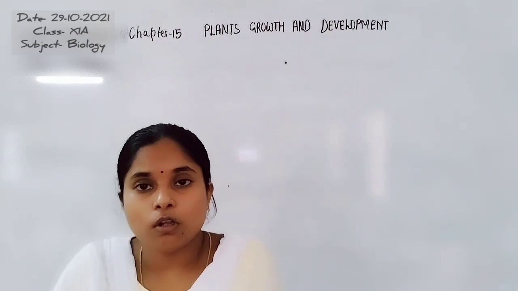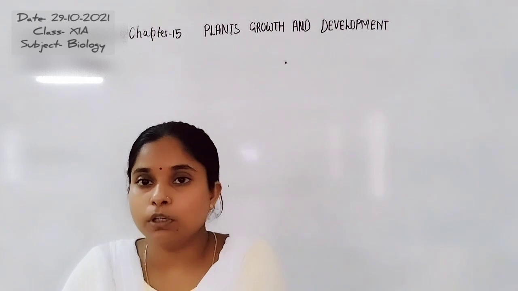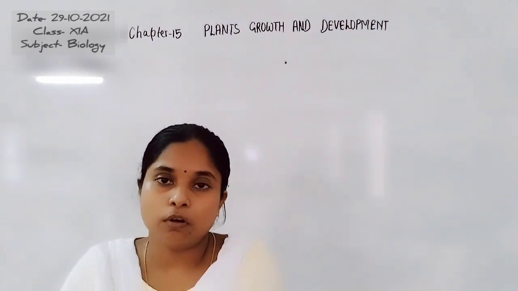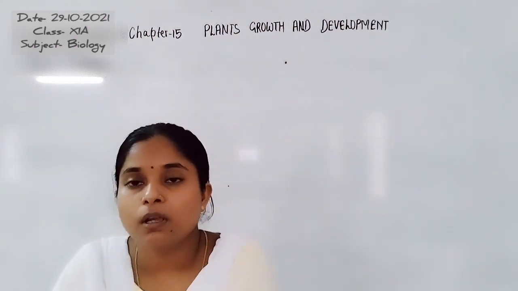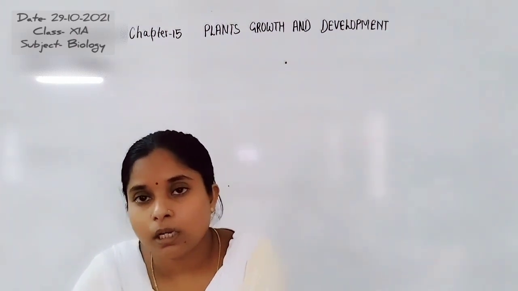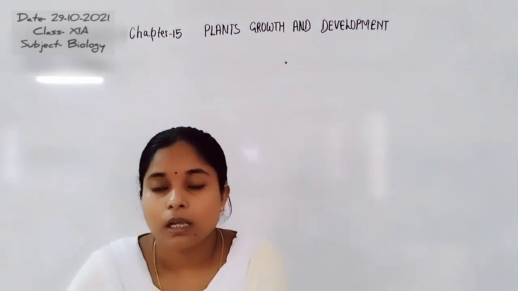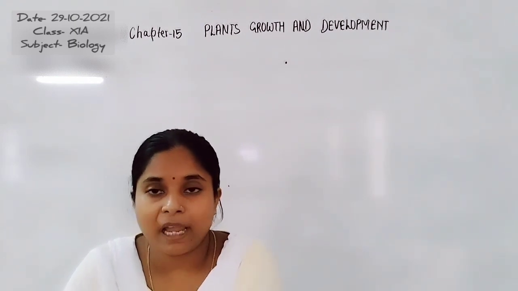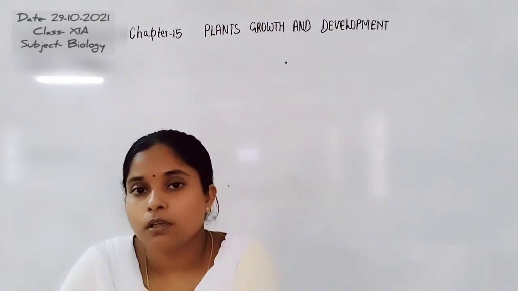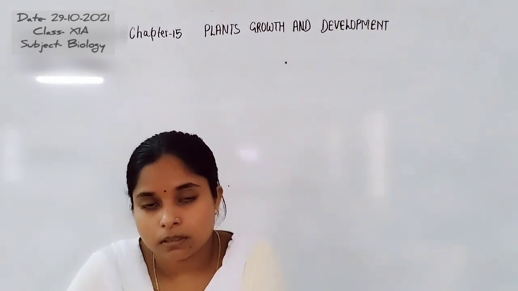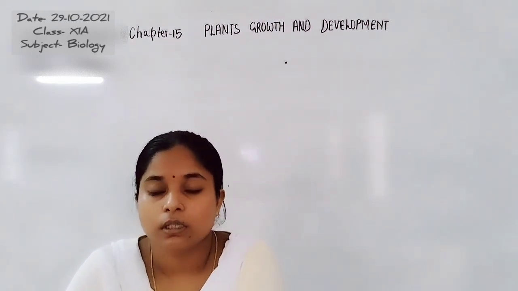Now, auxin also plays an important role in the formation of parthenocarpic fruit. There are 2 types of auxins: synthetic and natural. Natural ones are of only 2 types, IAA and IBA, indole 3-acetic acid and indole butyric acid, obtained from the plant. Other than these two, NAA and 2,4-D are synthetic auxins which are used by farmers and gardeners in horticulture and agriculture.